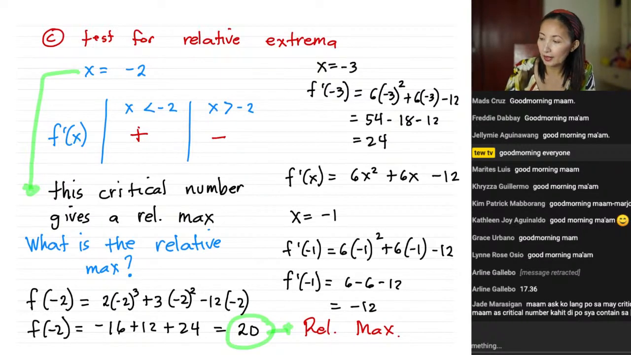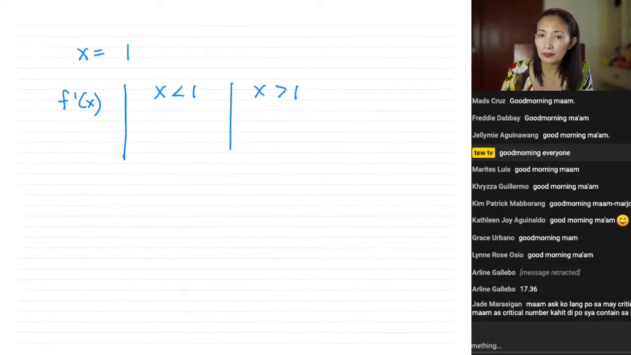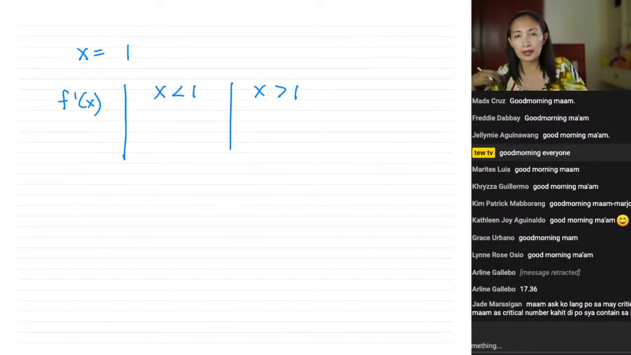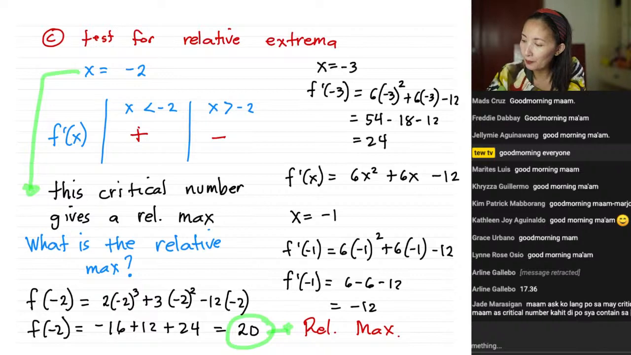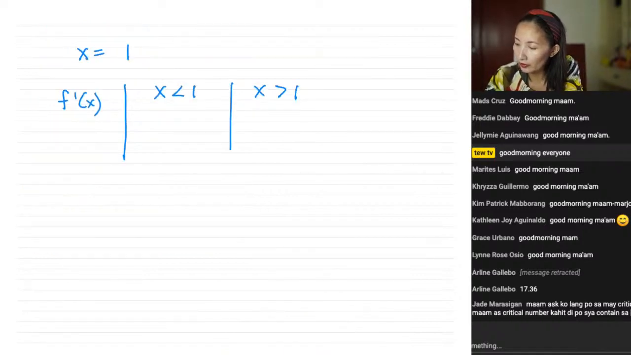Next, testing for x equal to 1. So our other critical number is x equal to 1, just like what we did in the previous. Identify a value to its left and a value to its right. Again, what did we say? Take note of the first derivative test. If f prime of x changes from positive to negative, it's a